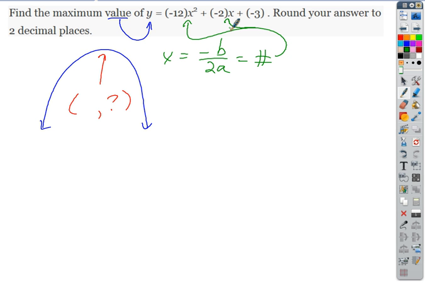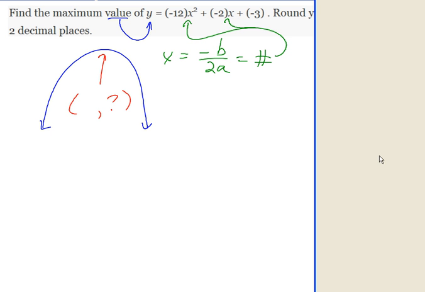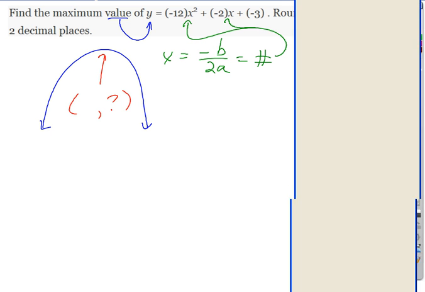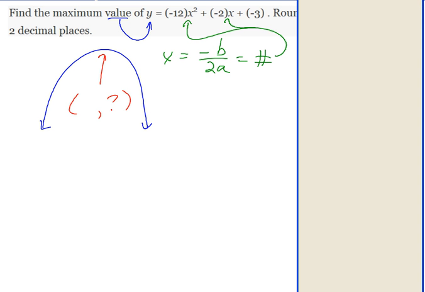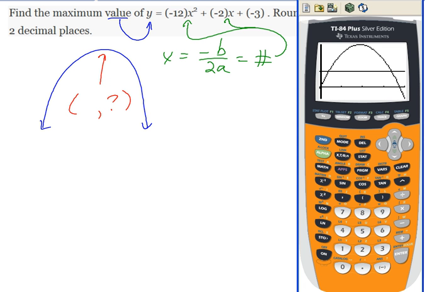Okay, now back to the topic at hand here. This is what we would do without a graphing calculator. With a graphing calculator, it's dead simple. It'll do it for us. So if I pull up a graphing calculator, I could go into y equals,